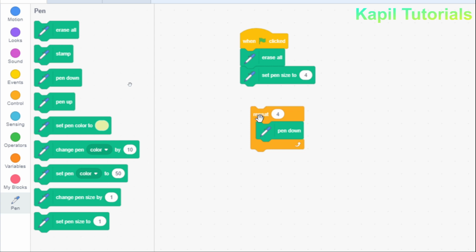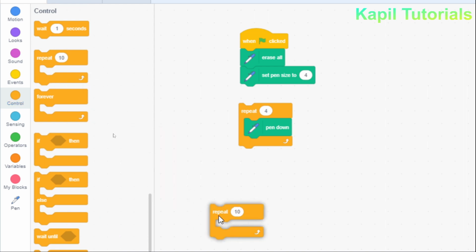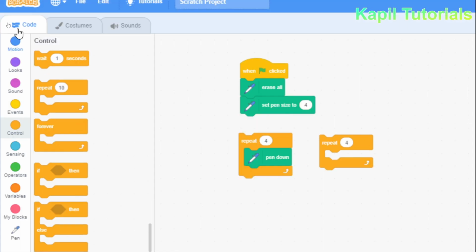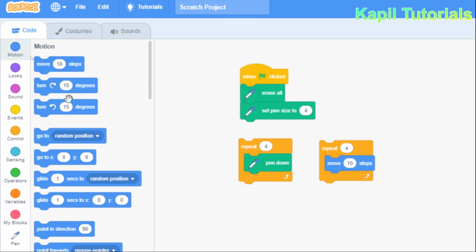Now here the squares also I'll be making in a little different way. Again I'll go to control, repeat, and here also I'll be using 4. Under 4, that means 4 times I want to repeat some commands. In motion I'll be using the move command and the turn command.